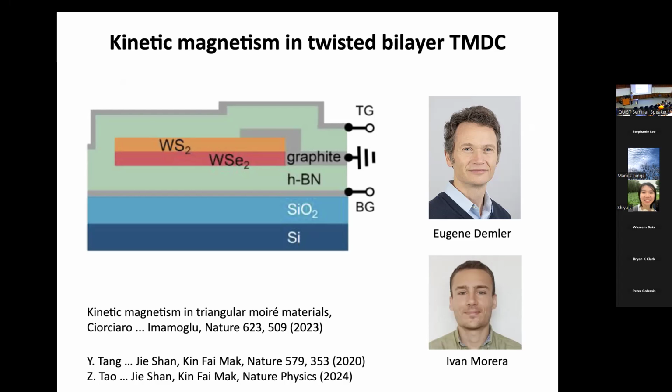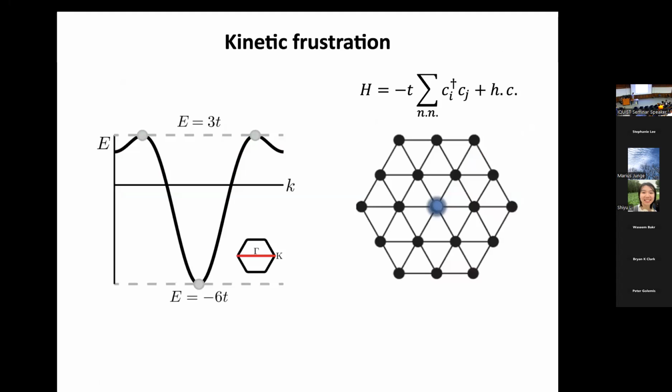So here, this is all bulk measurements. Now I want to show you how we can study the microscopics of what's going on with these triangular Hubbard systems. And the key part of the story is this kinetic frustration, which I want to explain over the next couple of slides. So you've seen spin frustration, but this triangular lattice supports this different kind of frustration. To understand that, let me start by imagining a triangular lattice where we put a single fermion in the lattice. Very simple, single-particle physics, and a very simple Hamiltonian where this fermion can just tunnel around.